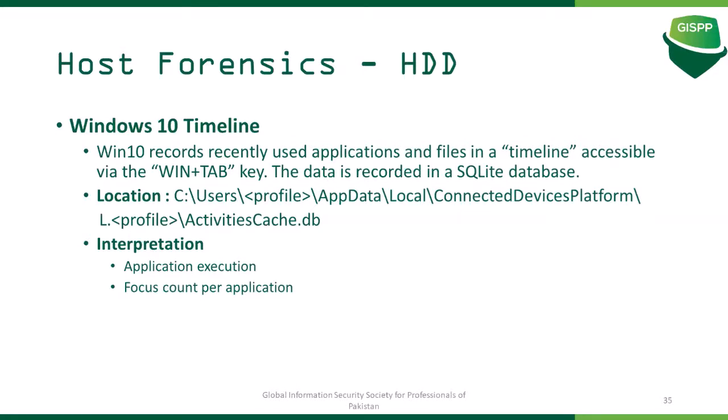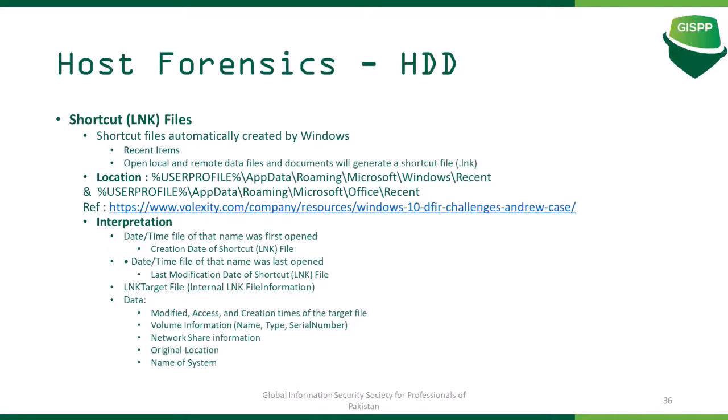A lot of artifacts in Windows 10 are new, especially as it's moving towards Office 365, Microsoft Teams, OneDrive. There are a lot of things happening that are now cloud-based. So some artifacts are stored on the local system, as well as some in the cloud. If you come across a particular incident response activity, you want to collect these artifacts. There are no out-of-box solutions in some of these cases, so you have to write your own scripts, and I'm going to show you some tools. That's why I'm in a bit of a hurry. That will help you a lot with these kinds of things which are still not known yet.